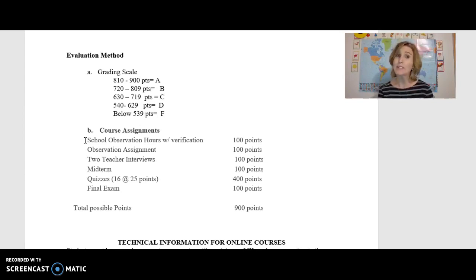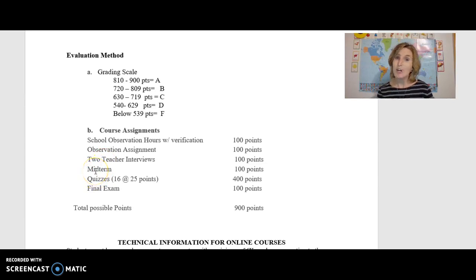So I will post that in the announcements so that you have it. You have a date as to when, if you're going to Sampson County schools to complete this project, I'm going to need that by Monday. So here's your grading scale. This is how each of the components for your observation project is going to be graded. So you can look through that.